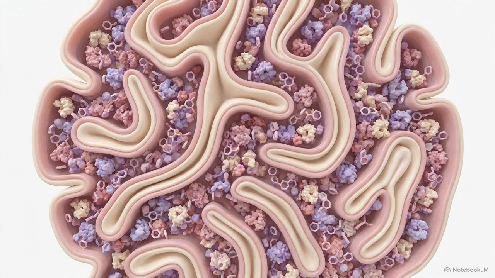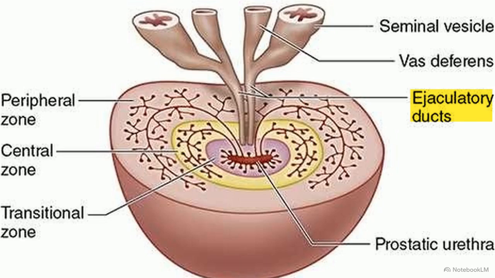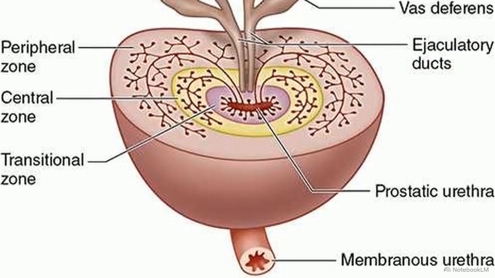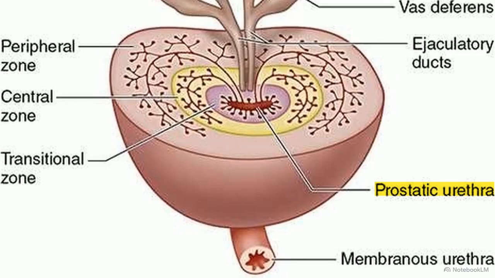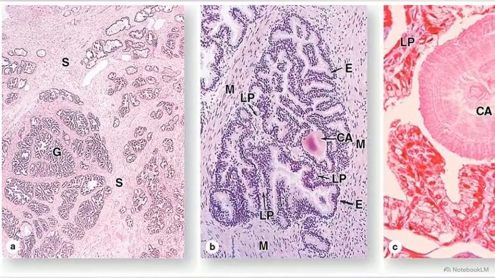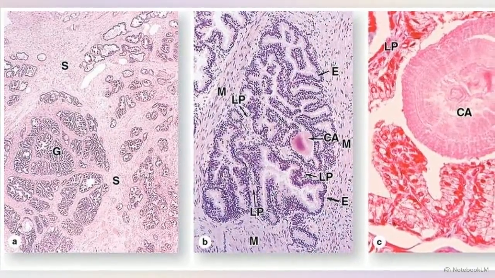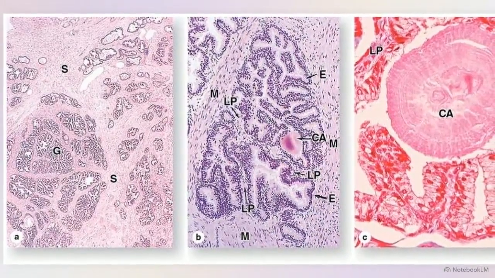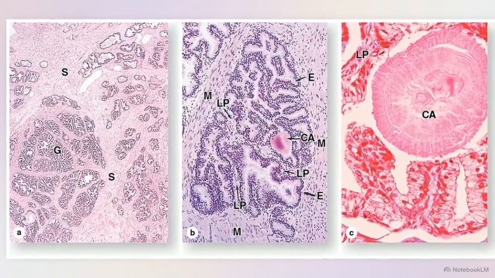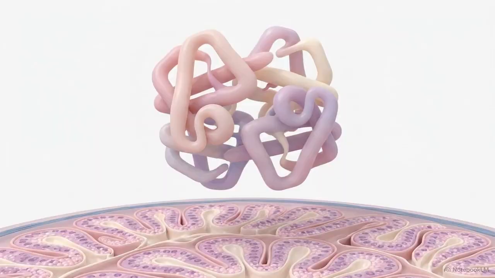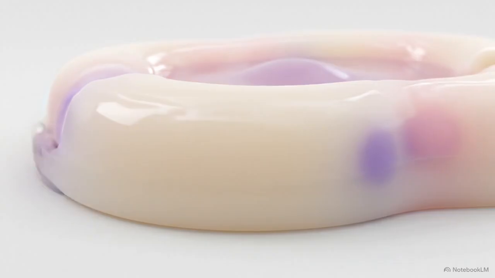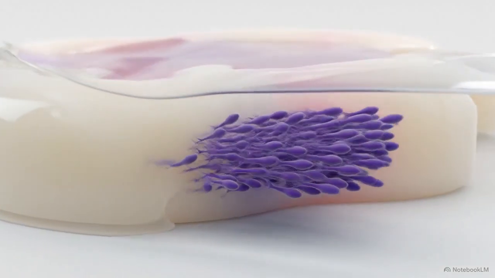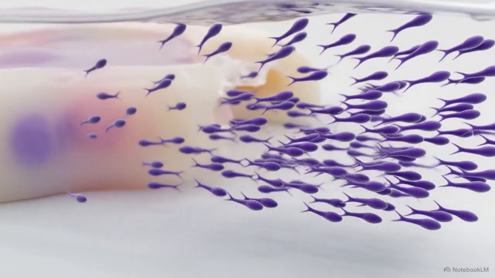As the ejaculatory ducts descend, they enter the prostate gland. This diagram shows the prostate sitting directly inferior to the bladder, completely enveloping the prostatic urethra. Histologically, the prostate consists of 30 to 50 branched tubulo-acinar glands. As seen in this tissue section, these glandular elements are heavily embedded within a dense, pink-staining fibromuscular stroma. The epithelial cells lining these glands secrete a complex fluid containing prostate-specific antigen, or PSA. PSA is a serine protease, whose clinical and physiological role is to slowly liquefy the coagulated semen, allowing the controlled